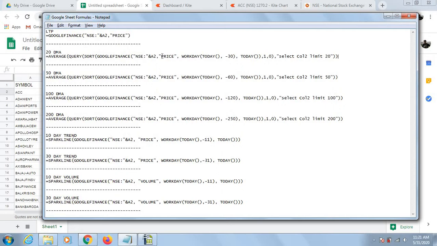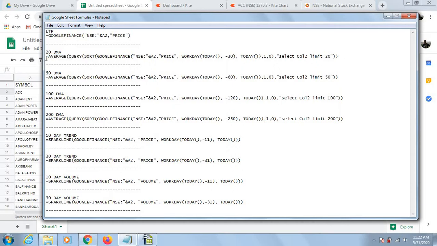What we are getting is the last price of the stock for the last 30 days, and then selecting the top 20 out of that list, so that if there are any holidays in between or any non-working days, they will not be considered and it will take only the last 20 traded days and average them out. So this is the formula.